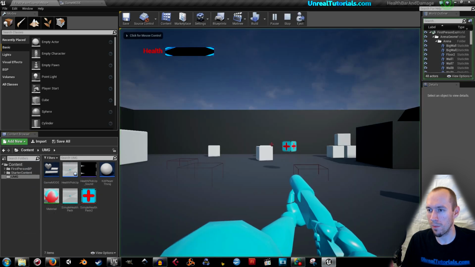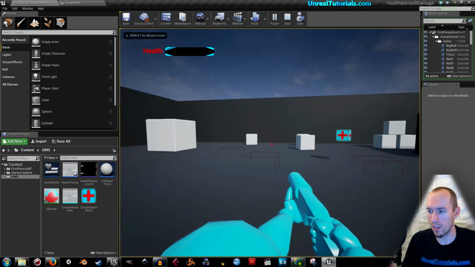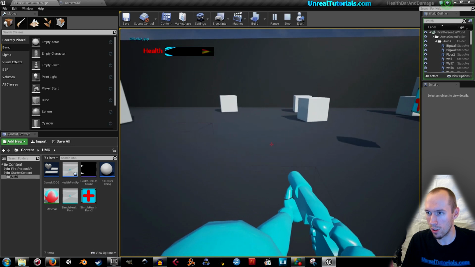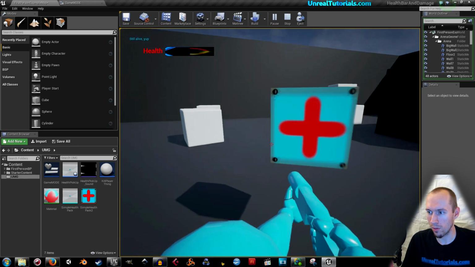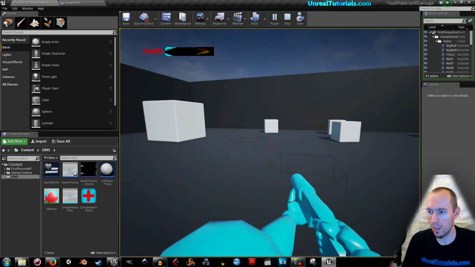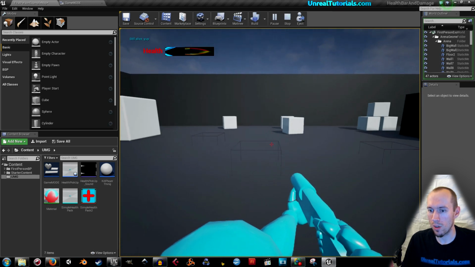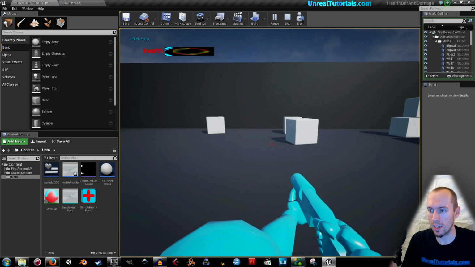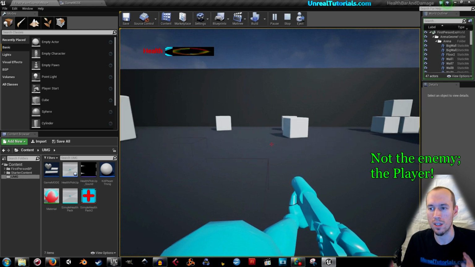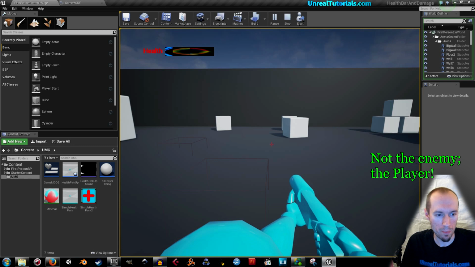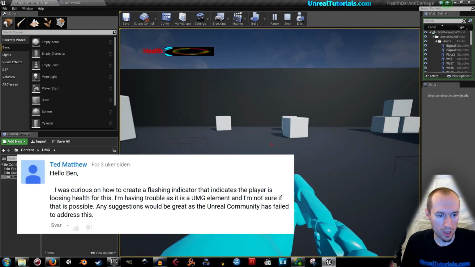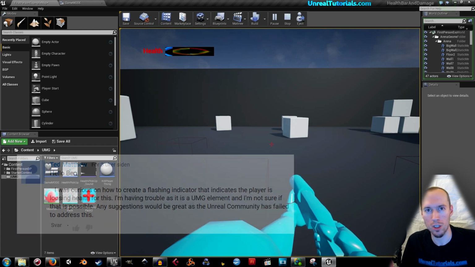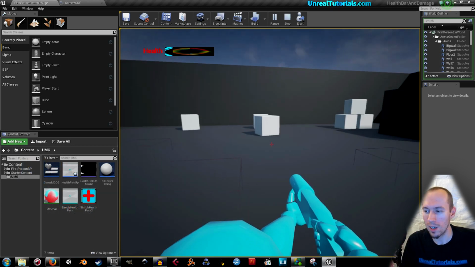So we can see here, it's a player with a health bar, and when you touch these cubes, you lose health. And you can fill up the health by picking up the health pack. And so he wants to have a flashing indicator that indicates when the player is losing health. And further he says, I'm having trouble as it is a UMG element and I'm not sure if that is possible. Any suggestions would be great, as the Unreal community has failed to address this. Bad Unreal community. Okay, so